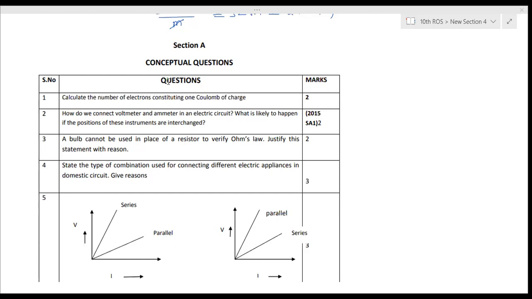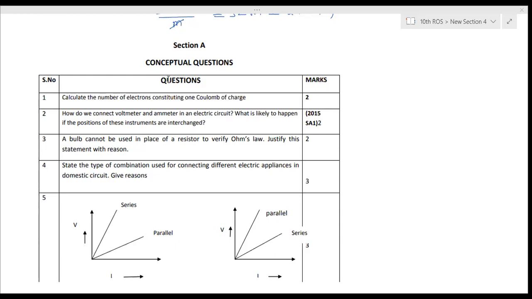Okay. Then this is a 3 mark question. Ma'am, short circuiting won't happen. Many appliances can be used at the same time. Many appliances can be used in series also. Ma'am, in series it'll overload. In parallel combination it will be overload, not in series. Because in series the resistance increases, current decreases.